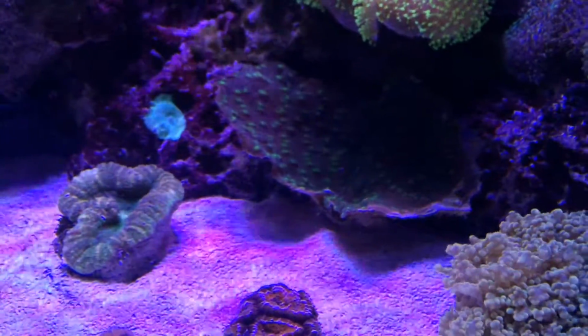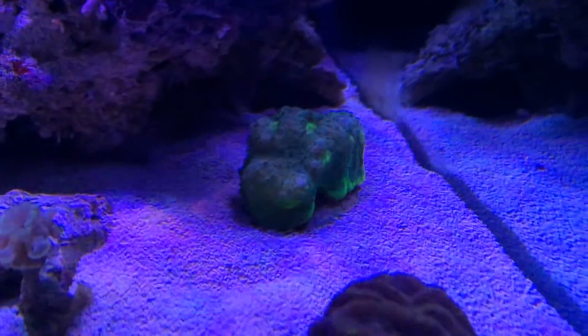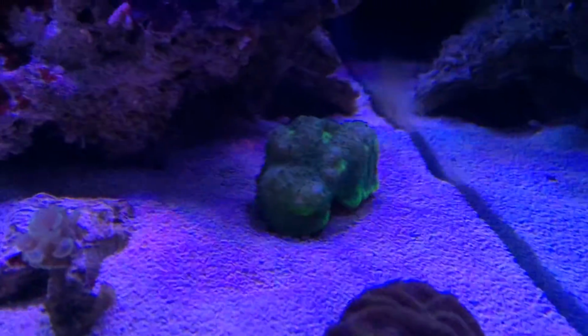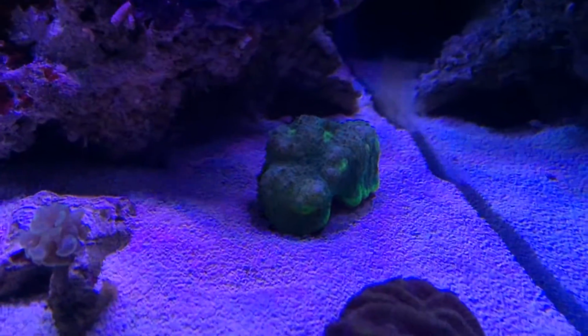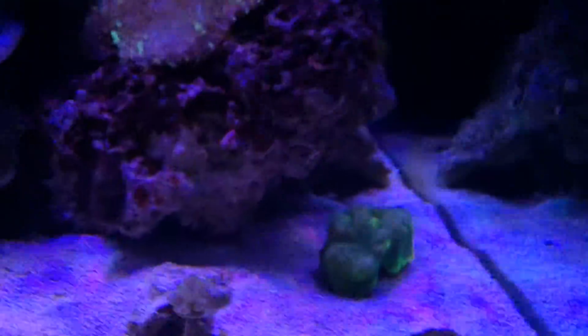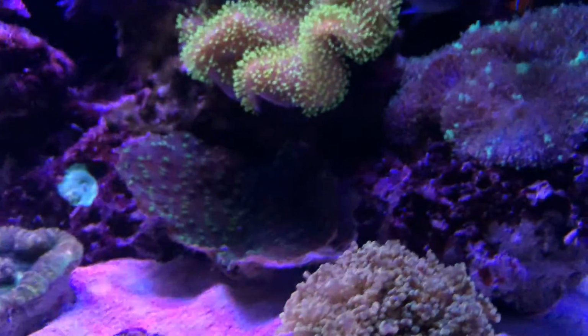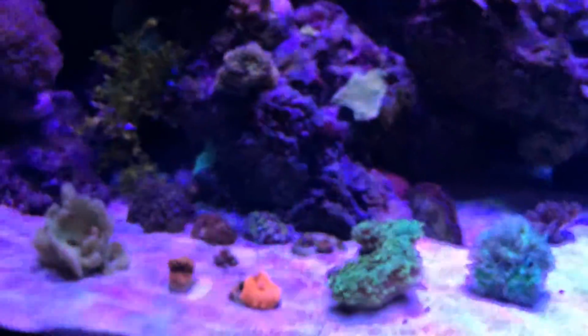Haven't had the best of luck with chalices. I mean, we got this guy. I'm trying to figure out what it wants, but it kind of faded out in color on top, so I think it was too bright of lighting, so I've got it kind of under an overhang here. The other chalices that I've had are obviously not in the tank anymore,